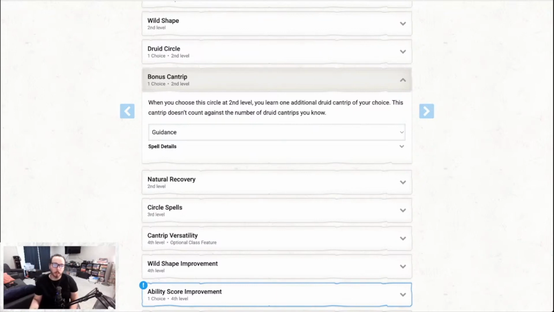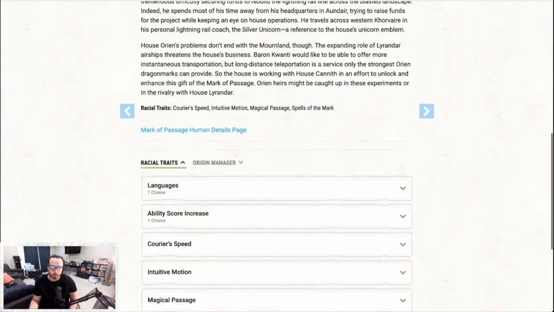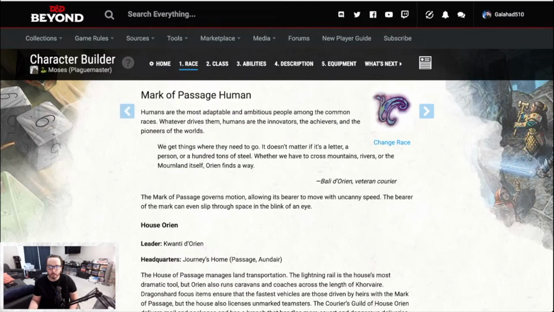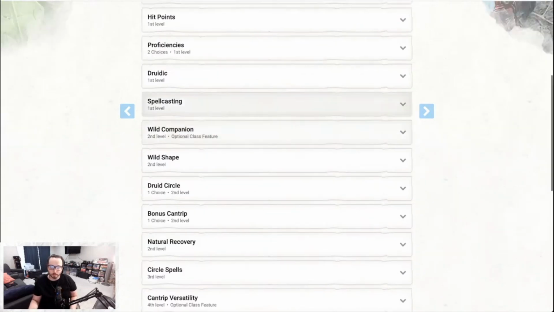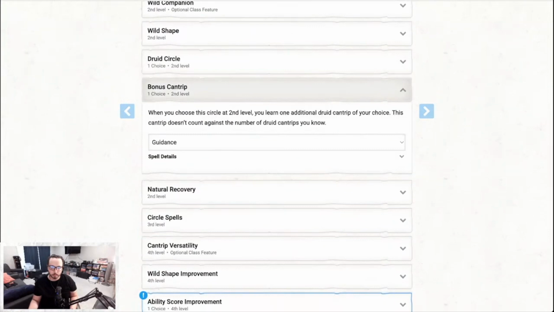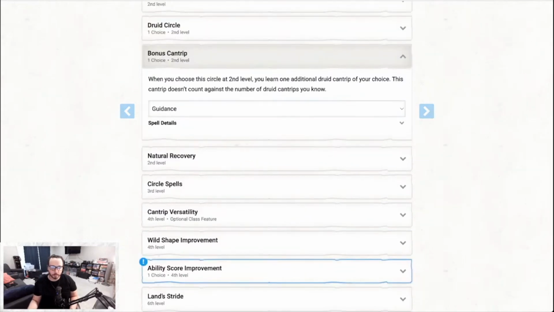I don't know. I also apparently have homebrew selected. I noticed on one of these spells. Oh, no, I don't have homebrew selected. Interesting. Wow. That's odd, because I saw a homebrew spell on here. Retaliatory resistance is a spell that I made up. Basically a better version of resistance that you can use as a reaction. But anyway,